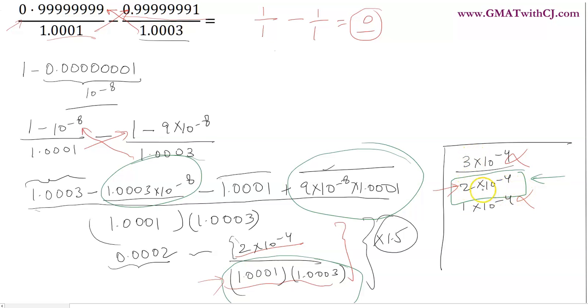I could be sure about my answer because the options were not close. It was 2 into 10 raised to power minus 4 and then just 1 into 10 raised to power minus 4. If there were other options like 1.9 into 10 raised to power minus 4 or 2.1 into 10 raised to power minus 4, then I would be messed up, right? Then I'd probably have to consider these small numbers also to be sure that the answer I'm getting is exactly correct. But generally I don't think they'll give you such close answers in the options. What they are generally trying to test is your logic, not whether you can get the exact calculations.